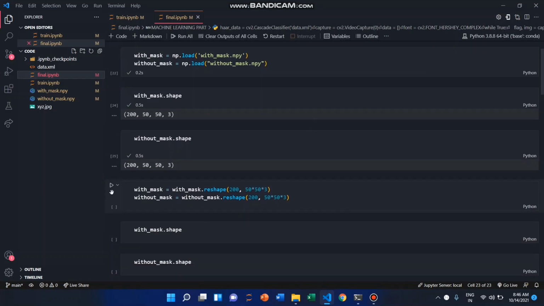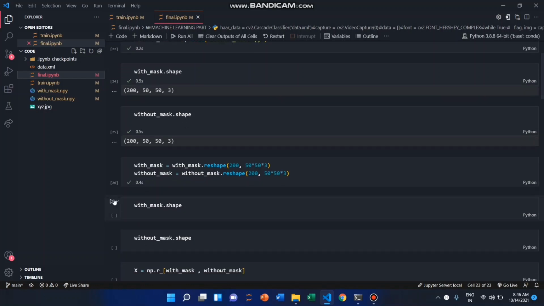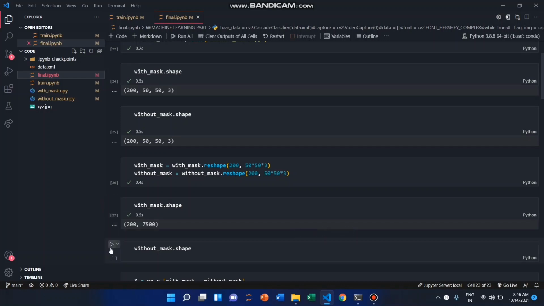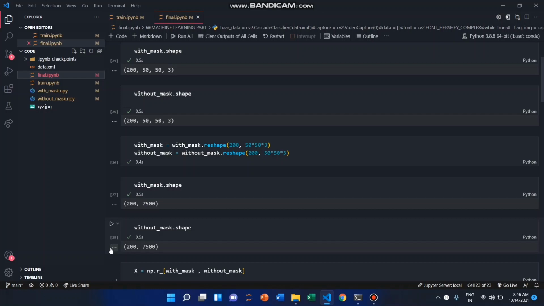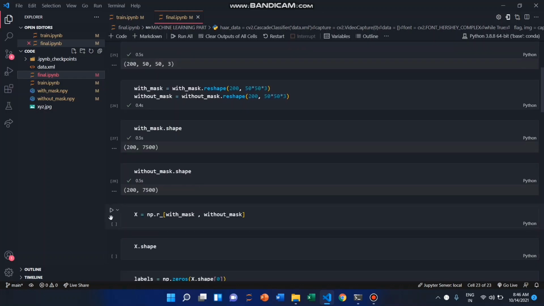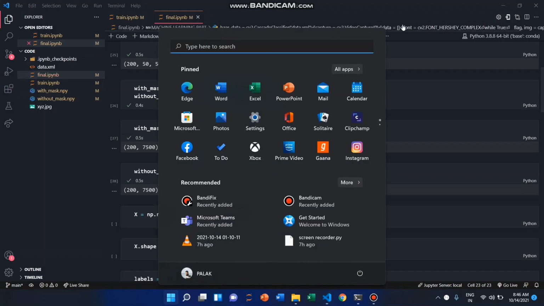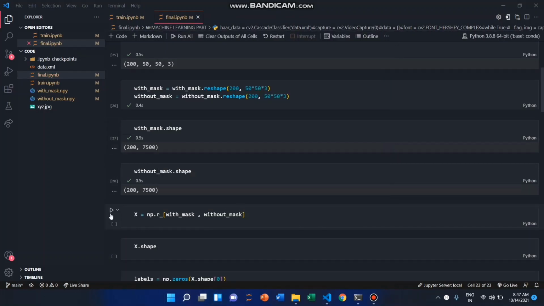Now we will reshape our images using the reshape method. After reshaping, when we call our shape method, it displays the new size of the images, where 200 is the number of images in the data. Using the np.r_ method, we concatenate the rows of both files, with mask and without mask.